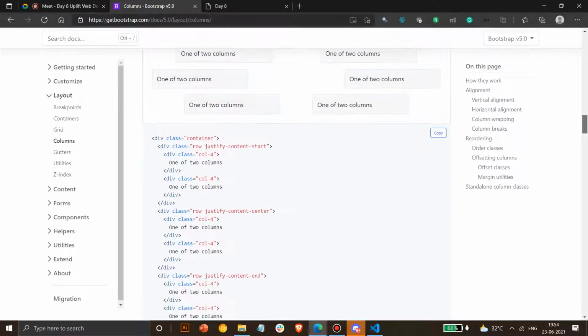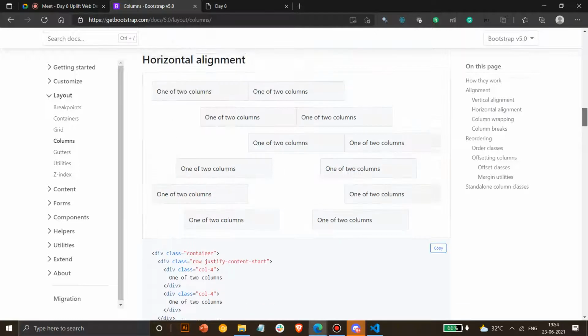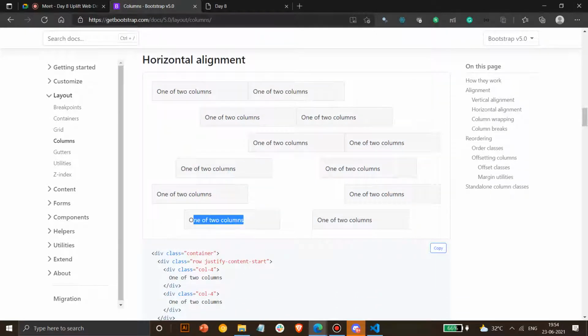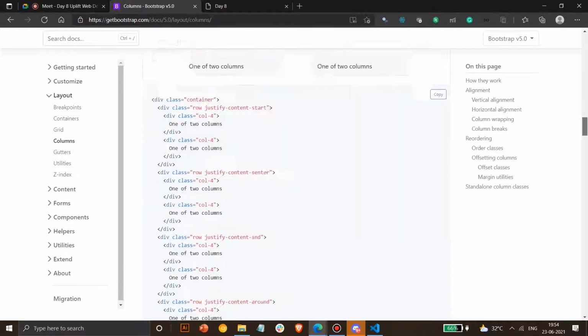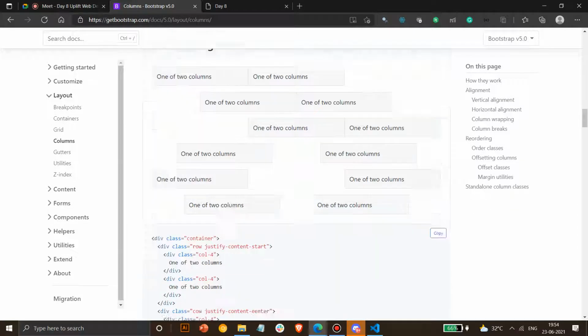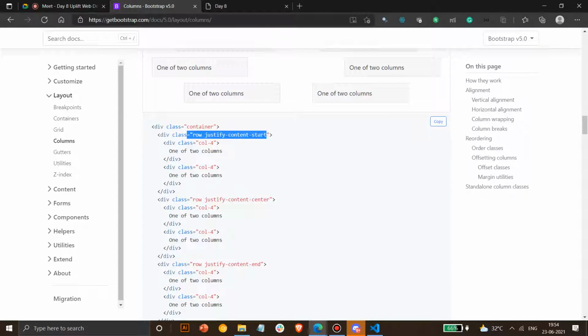Then you have justify-content-around and between or evenly. These aren't important, only evenly is important. If you have to specify distance between them automatically, you can use evenly, and if you add two elements, it will automatically add padding to it. So if you move to mobile devices, the padding and everything will be adjusted automatically. So this one's really important, so you can remember justify-content-evenly, or you will use justify-content-start. Okay, most of the other things are generally not used.